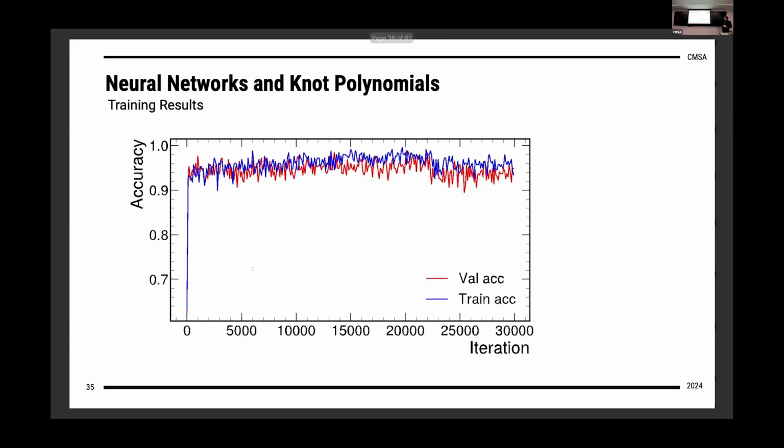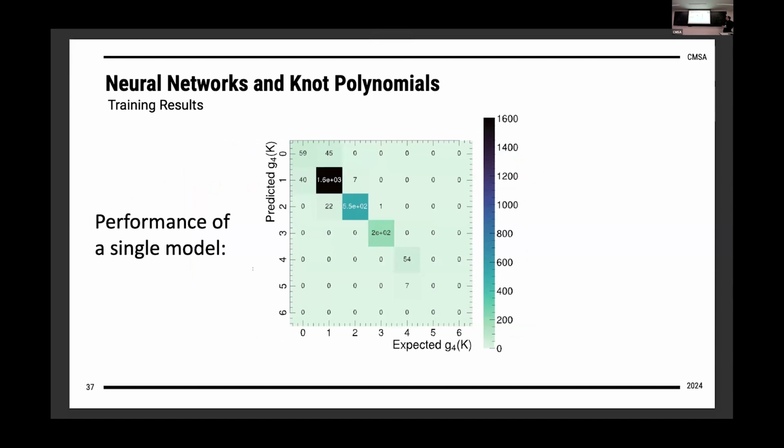And here you can see this is our loss function for predicting all of the genera, all of the values of the slice genus. And the overall accuracy is 95% for predicting the value of the smooth genus. Now, this initially can be a bit misleading because if you look at the confusion matrix, you'll notice that in most cases, it is very easily able to distinguish if you have, say, genus 1 and genus 2 nodes. But it's very bad at distinguishing, say, genus 0 and genus 1 nodes,